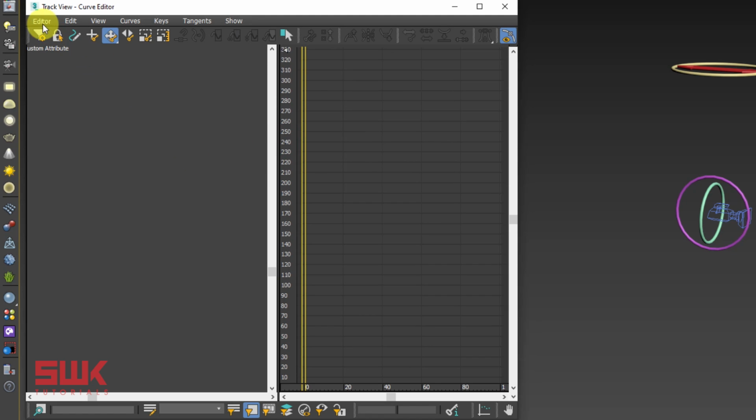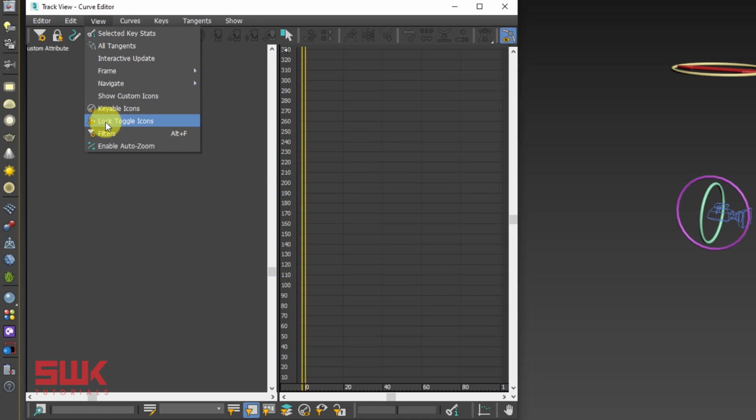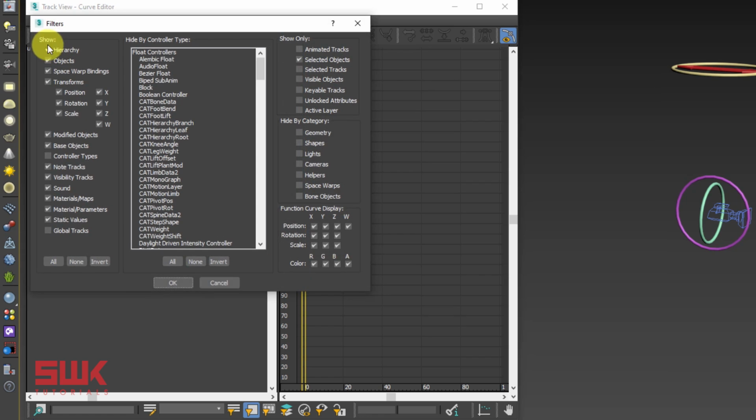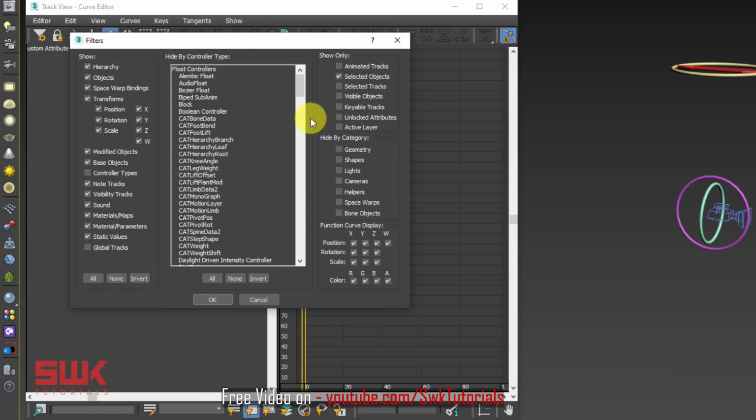After that, go to view, click on filters, or you can click this icon here and check show only unlocked attributes. What this means is that it will only show unlocked attributes and hide locked attributes that we are going to lock in the future.